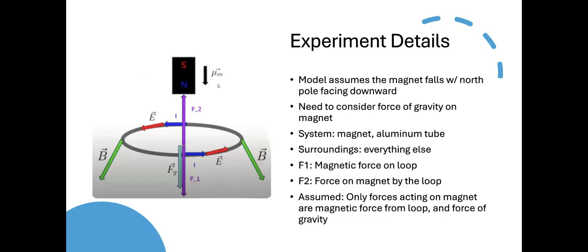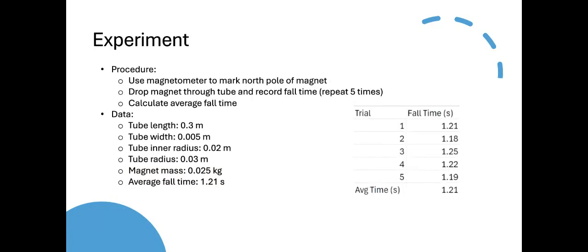F1 on the diagram to the right is the magnetic force on the loop, and F2 is the force on the magnet by the loop. Assumed things are that the only forces acting on the magnet are the magnetic force from the loop and the force of gravity. So for the experiment, I used the magnetometer to mark the north pole of the magnet,